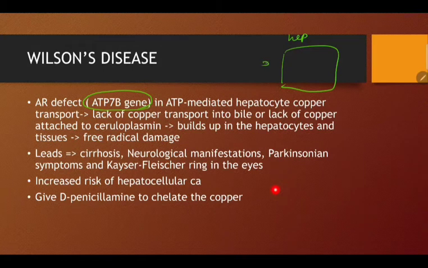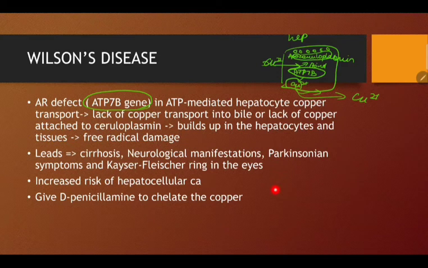Copper comes in and needs to be bound to apoceruloplasmin, and it can only bind because of this ATP7B gene. So it binds 6 molecules, and the leftover copper is pouched out and excreted,